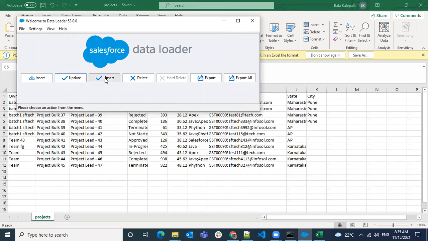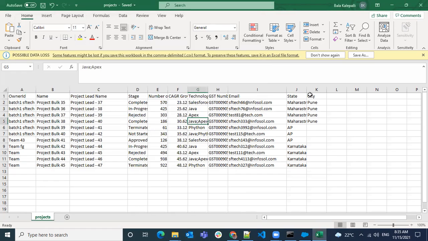Let's do an update, or let's do an upsert operation now using the same file. I will add Project Start Date. And what should be the default date format? Default date format is month, date, and year.